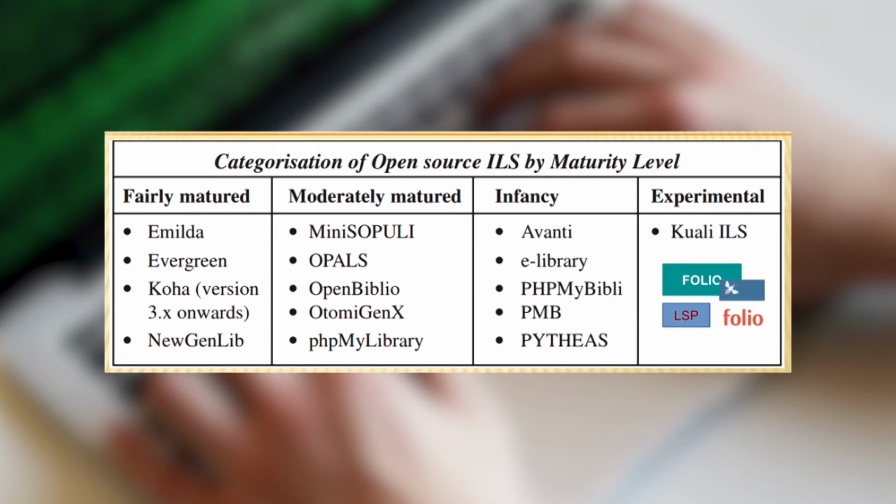People are thinking that Folio will change the scenario of integrated library software, and this particular software is not called ILS, it is called LSP, library service platform. It can do many more things in comparison with the typical ILSs. So Folio and Koali are very important, but that is the future. But again, I have done a second kind of categorization in the next graphics.